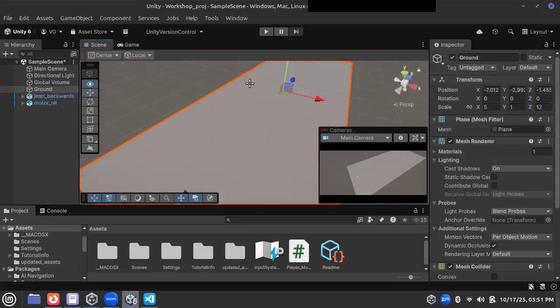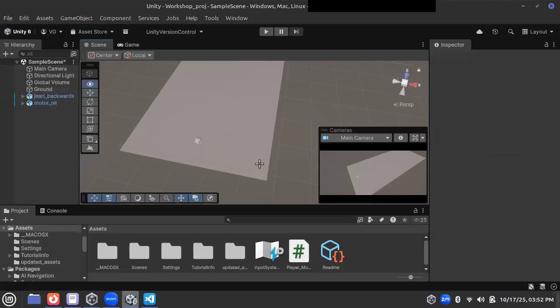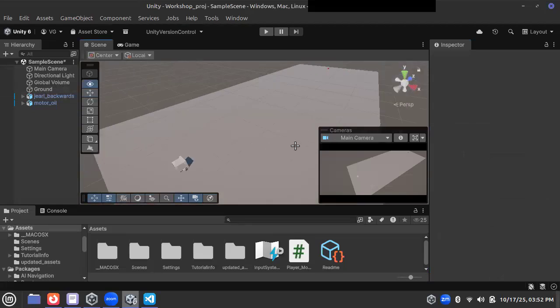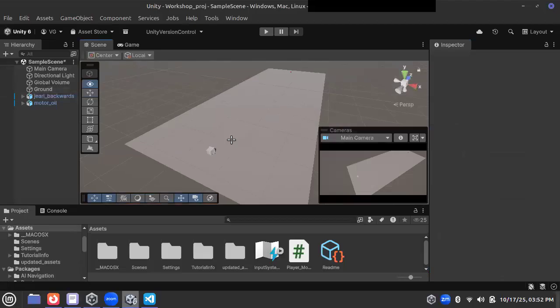Have you guys used any other game engines, by the way? Or do you have any experience with any other ones? Nice. Is it hard? I've heard Unreal is really tough to get into. Everyone I've talked to always tells me, dude, do not use Unreal. Just don't use Unreal. Yeah, every AAA game is made in it. I know everyone uses Unreal, but it's so hard to get into. Anyways,